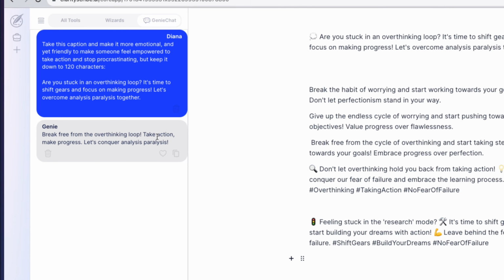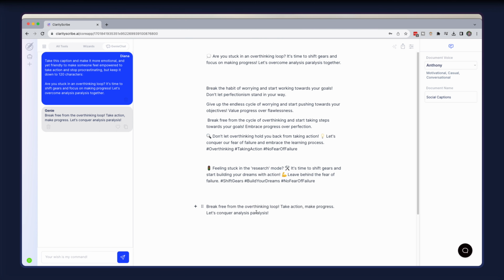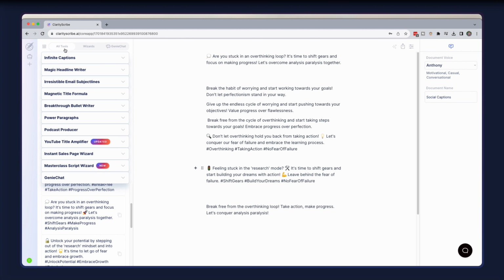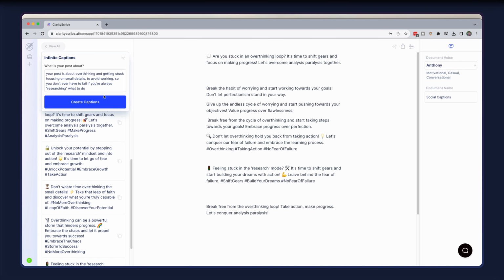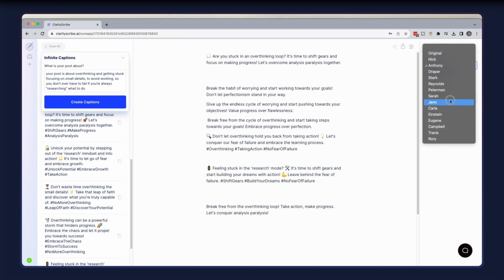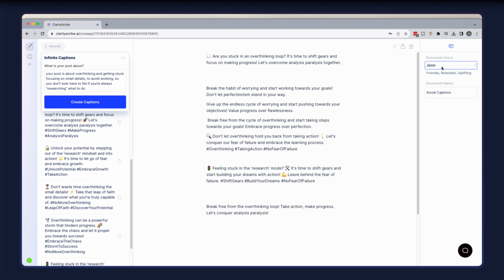Boom. So we can even paste this in over here and use this of what we want for our infinite captions. And we can go all day working with this tool, making adjustments, and in no time flat, even if you have someone on your team or an assistant doing captions for your videos, know what that voice style and tone is, even picking from these options over here with something that aligns with either what the post is about or your brand voice style and tone, and kick out captions all day long.